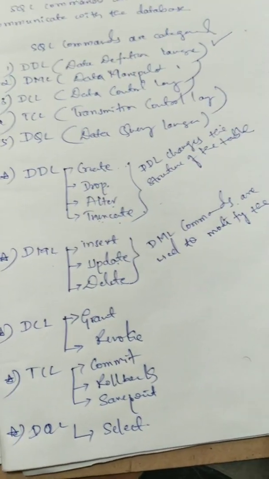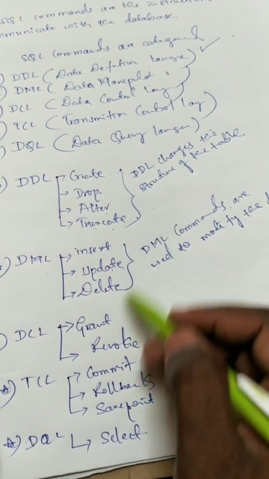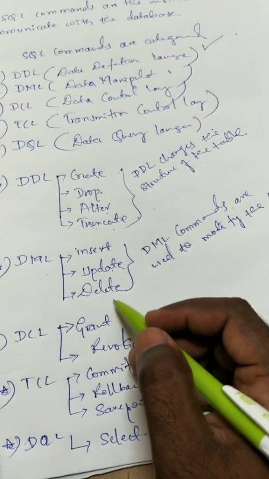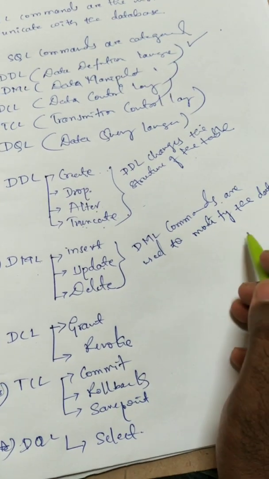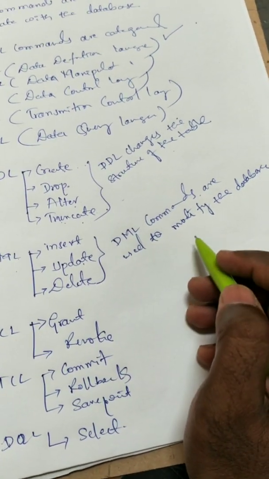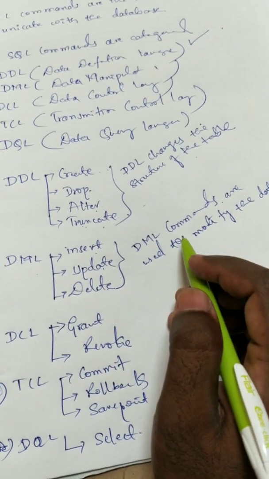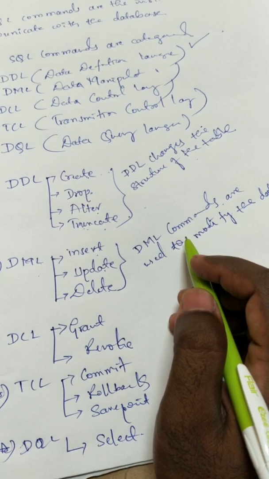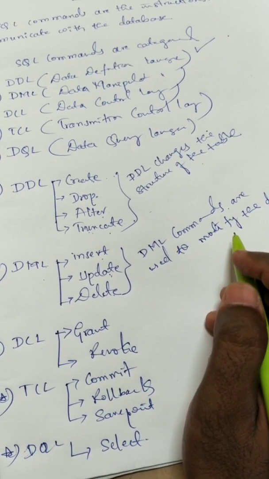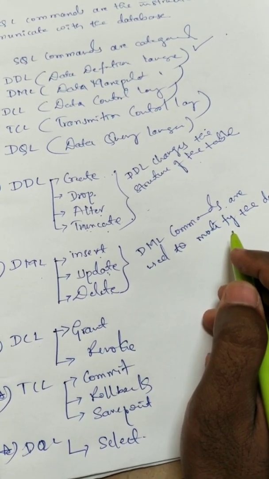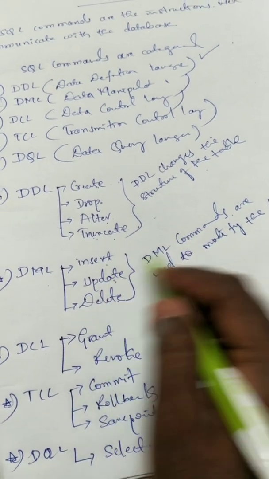Okay, so don't get confused. DDL commands are used to change the structure of the table, whereas the DML commands, insert, update, and delete, are used to modify the database. First, we have the insert command. The insert command is used to insert values into the table, and the update command is used to update values you have already stored. For example, if the name of the student is ABC and you want to change it to XYZ,